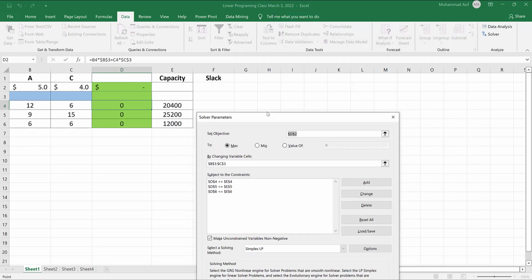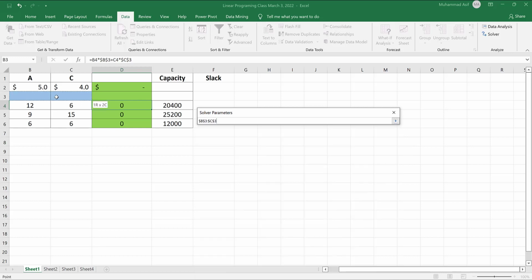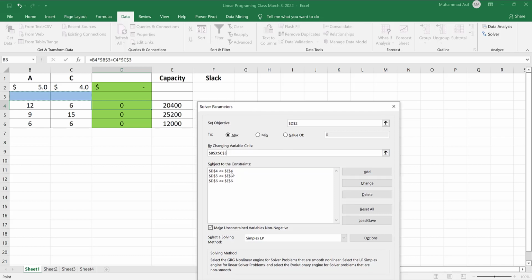In the solver function we set the objective function, that's D2, and we want to maximize this. We want to change variable cells, these blue cells. And these are the constraints: D4 is less than E4, D5 is less than E5, D6 is less than E6. Then make unconstrained variables non-negative, choose Simplex LP, and then I will click on